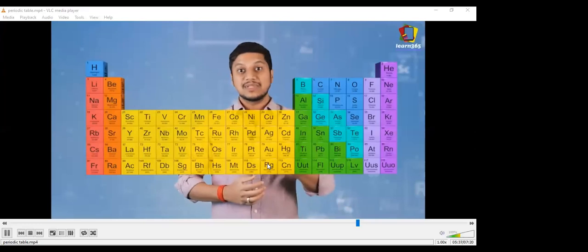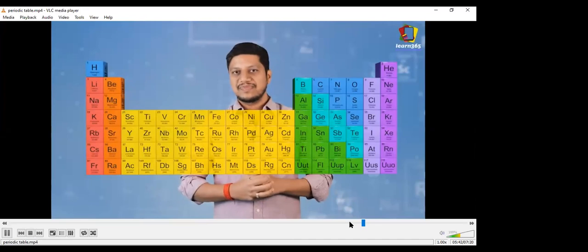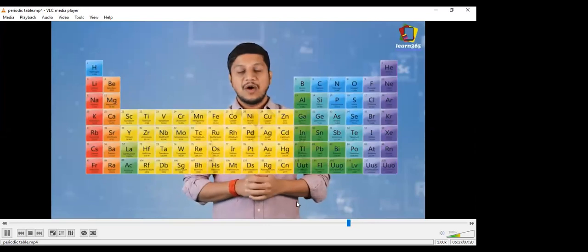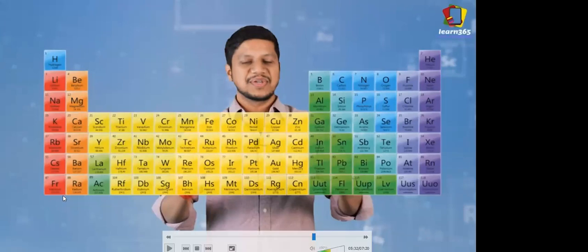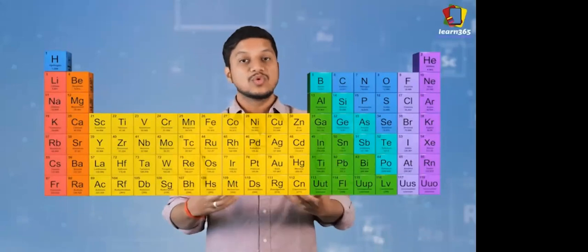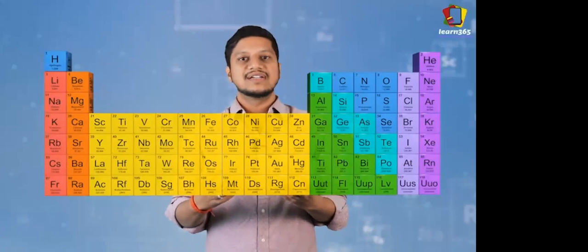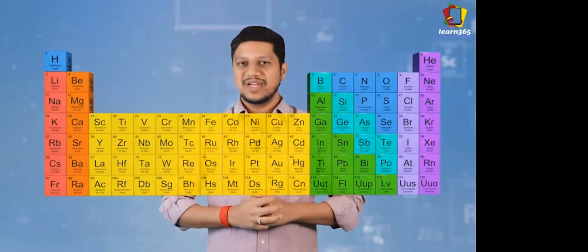To understand where the two rows starting from cerium and thorium are present, you will understand it in a much better way. And I'll convert this into a 3D table. And here you go. Now, I'll do some magic and convert this into a 3D table. And here you go. Are you all able to hear the voice? Yes, it's coming. Okay. To understand where the two rows starting from cerium and thorium are present, you will understand it in a much better way. And I promise that you will really enjoy after seeing the surprise.